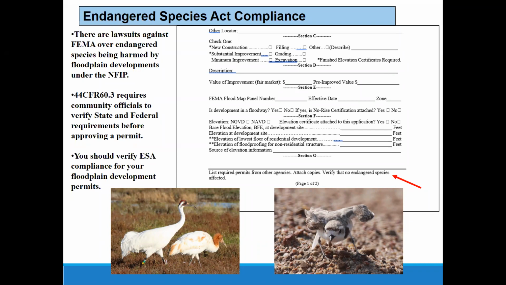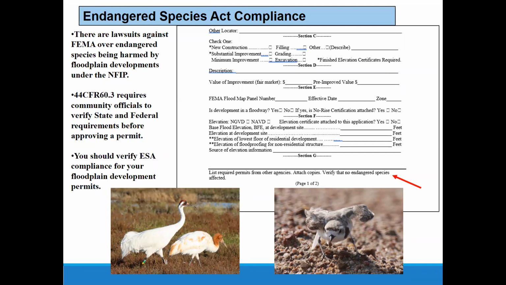FEMA says they're going to issue guidance on this. That guidance is coming out in November of 2019. What year is it now? Okay, it's not 2019 anymore. We still don't have that guidance. But FEMA's beating me up about endangered species all the time, even though they haven't issued guidance. And the guidance is going to say what kind of documentation FEMA demands to see.